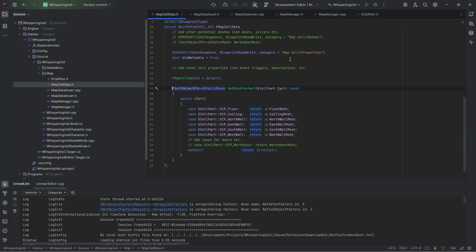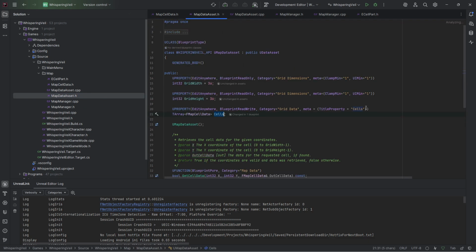And a helper function that lets us pass in a part from the enum and get back the reference to